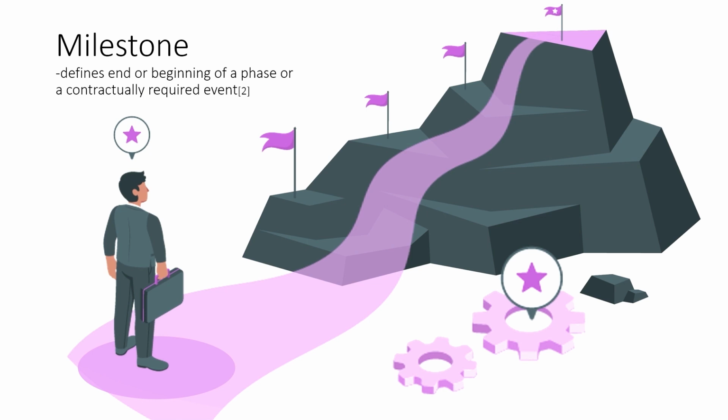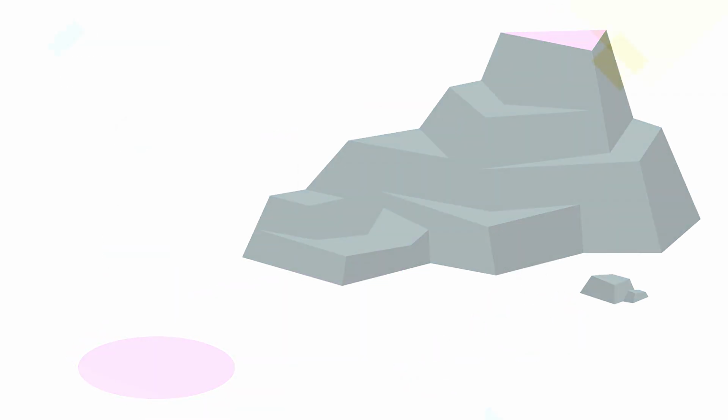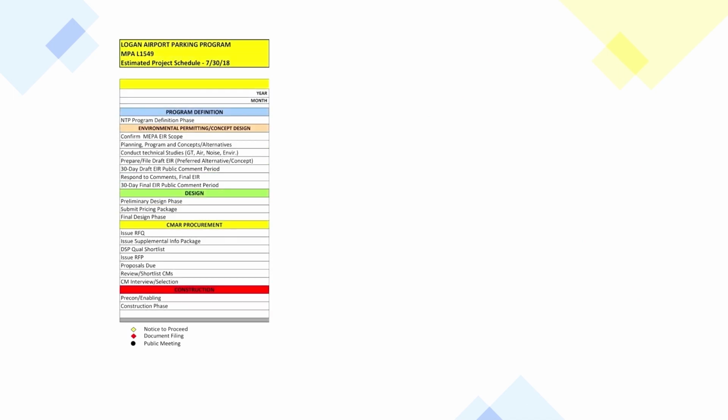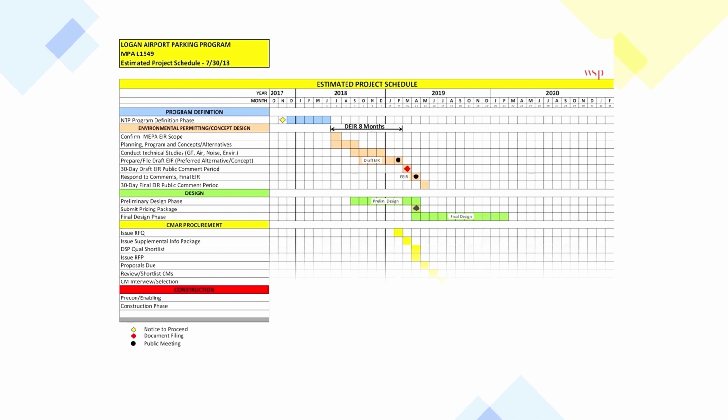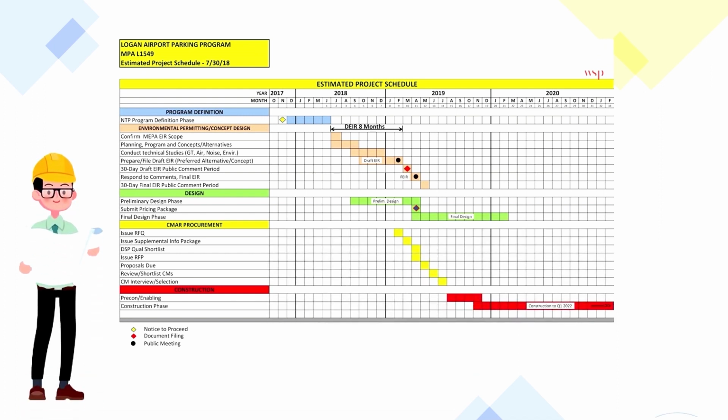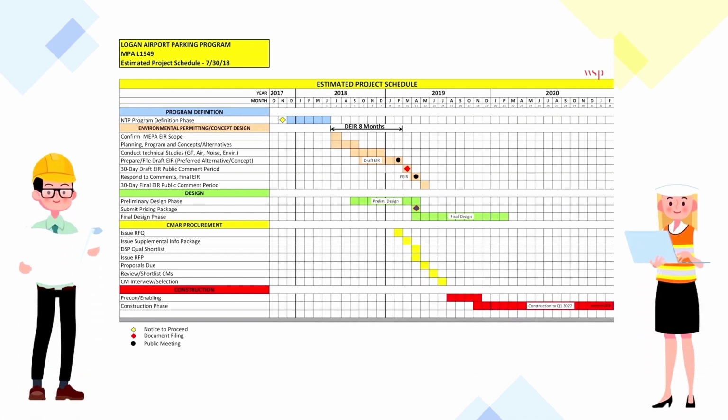Let's have a quick look into an example of a master schedule. This figure is from the Massachusetts Port Authority LPS showing the major milestones in different colors, which consist of program definition, concept design, procurement, and construction, with consideration to macro time frame. The expected outcomes are a basic approach to work activities, durations, dependencies, and identification of any major challenges or schedule gaps.